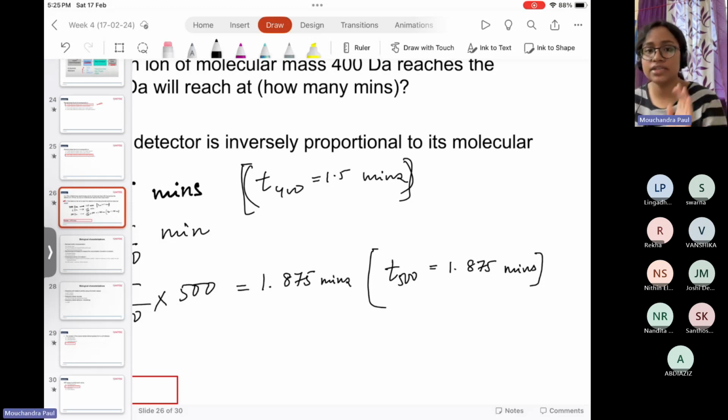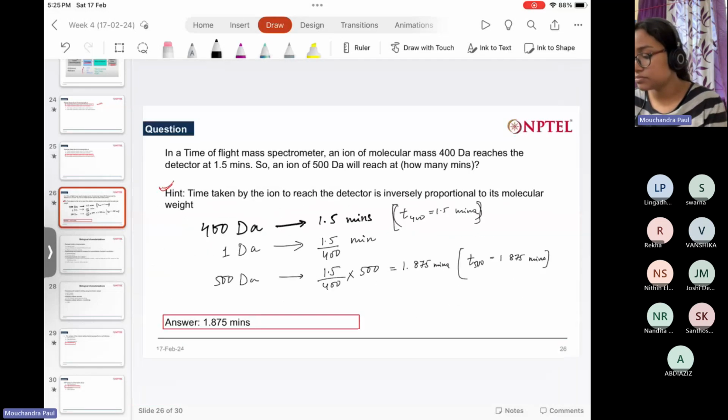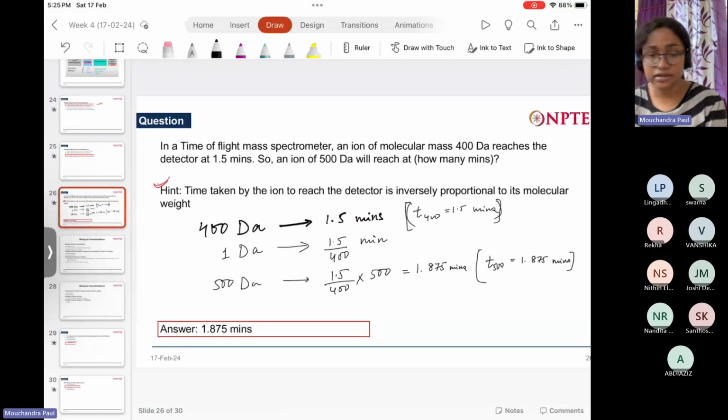Forget about the hint. Does this logic make sense? Yes, ma'am. So what is written in the hint? It is written that time, if we just correlate the hint with respect to what we have obtained,